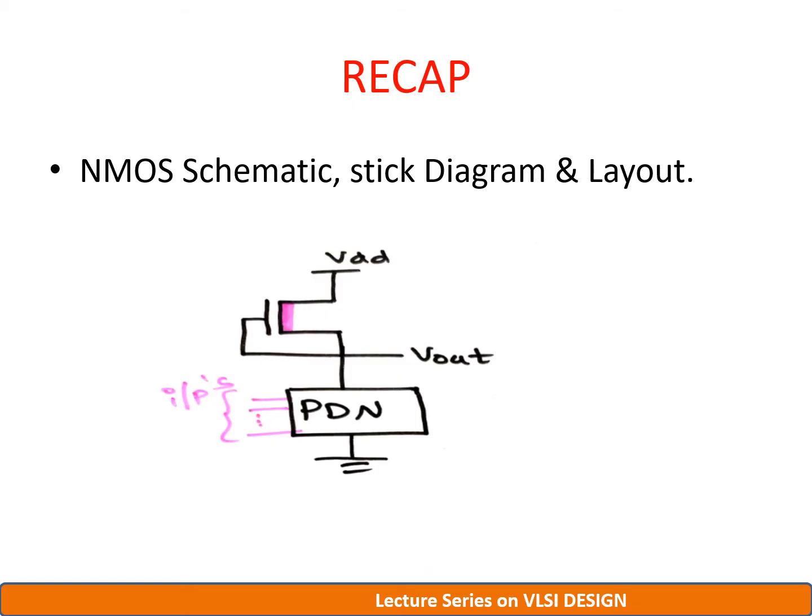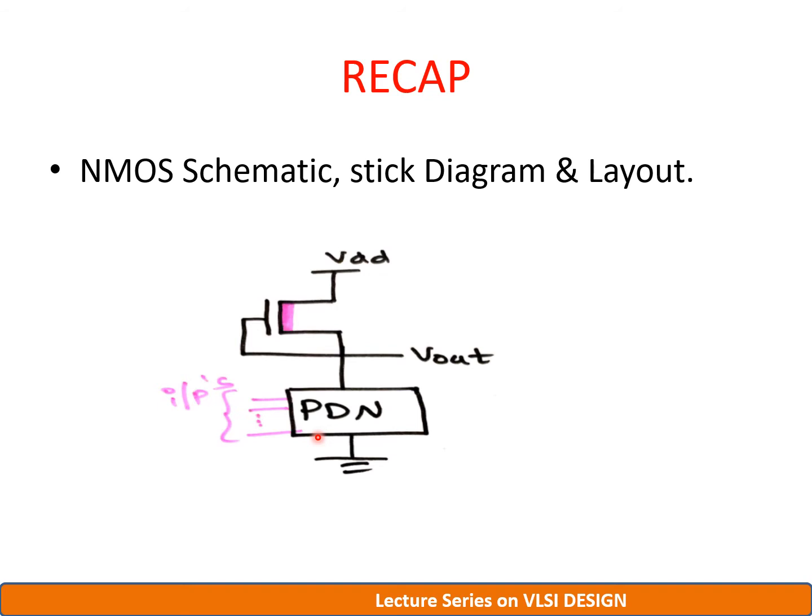In the previous lecture we discussed regarding NMOS schematic, its stick diagram and its layout. From the figure we can observe that NMOS schematic consists of a pull-up network and a pull-down network. Pull-up network is an NMOS depletion device whose gate and source are shorted, and pull down network will vary depending on the digital circuit we are going to implement. For example, in case of NOT gate, pull down network will have a single NMOS enhancement